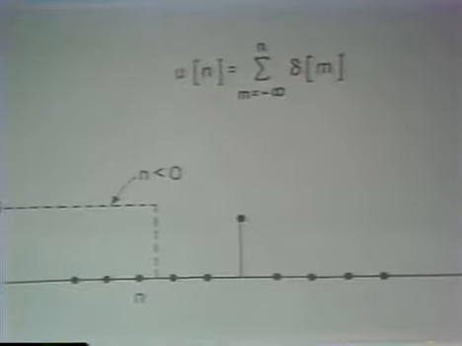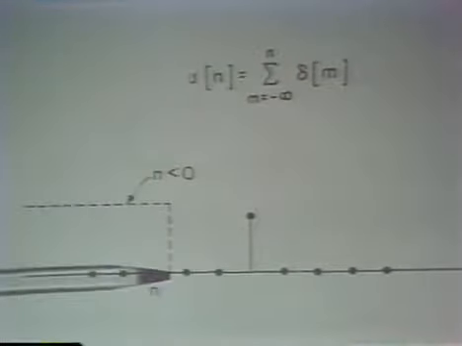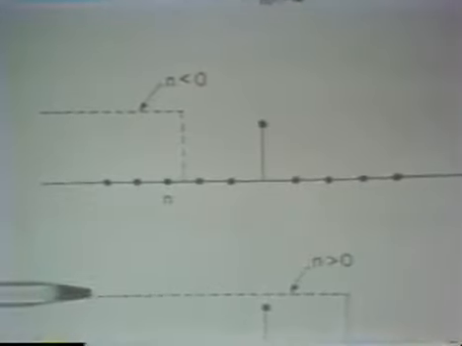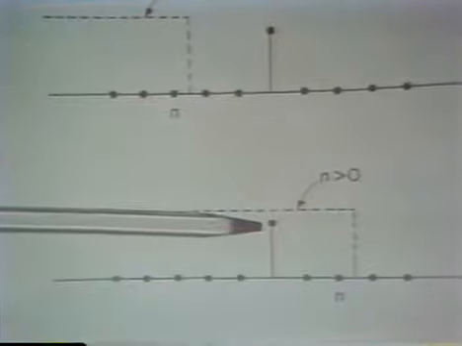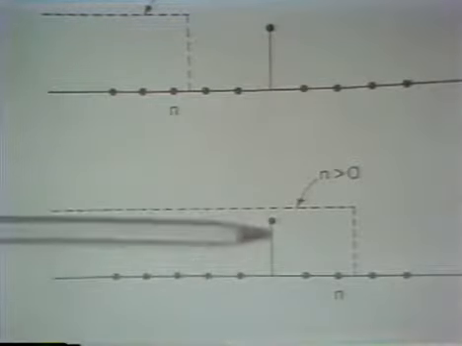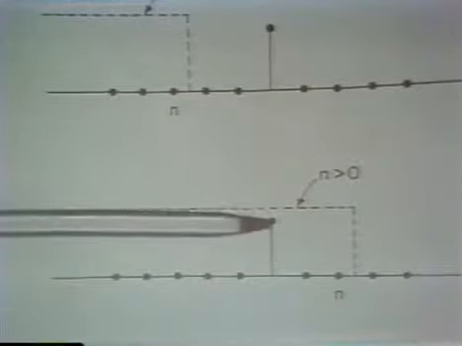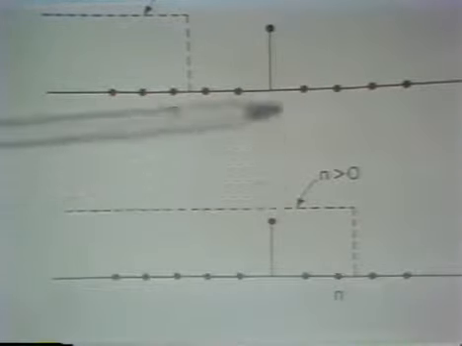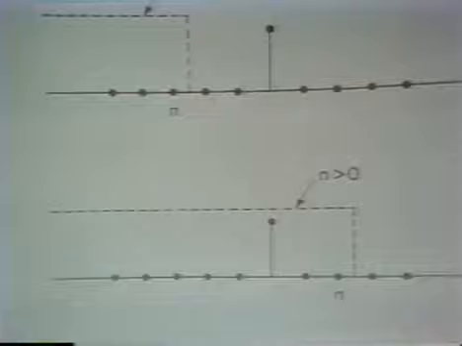So for n less than 0, we accumulate no terms in the sum, whereas for n greater than 0, we accumulate one non-zero value in the sum, namely the value of the unit sample at n equals 0. So we have then one expression for the relationship between the unit step and the unit sample. We can also develop another relationship